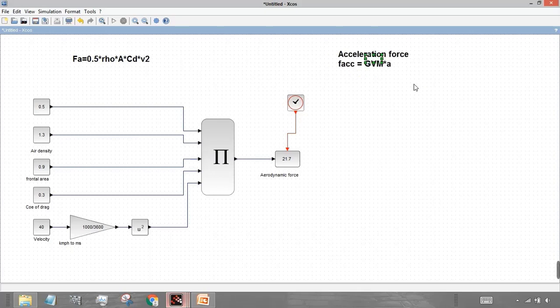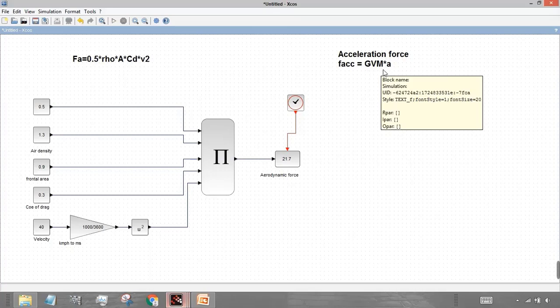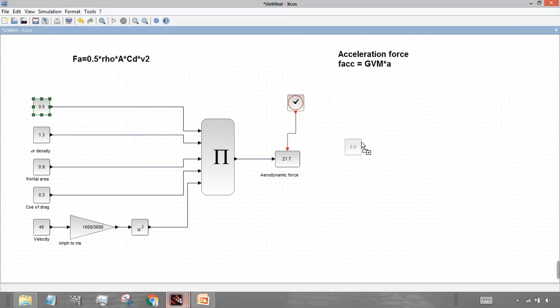So with this we know we will be requiring two blocks. First will be a gross vehicle and next will be an acceleration block. For gross vehicle we will just drag and select this and create a copy of this. Just select this block, press Ctrl key and then just drag it on the right hand side to create a copy.